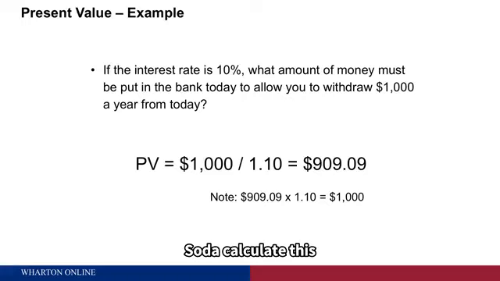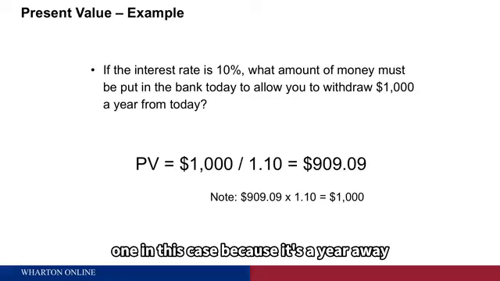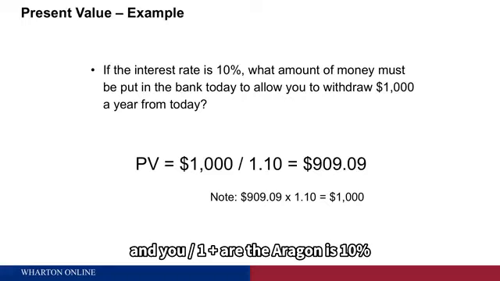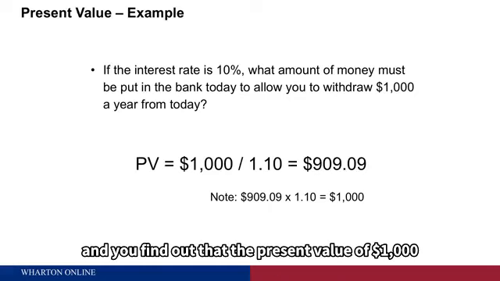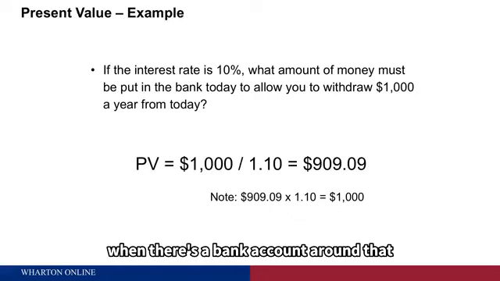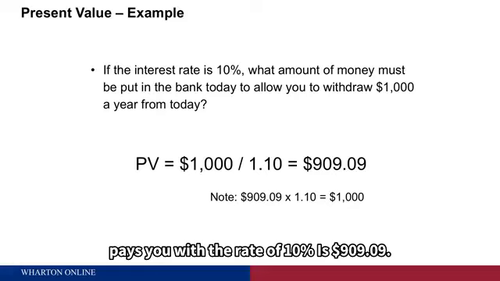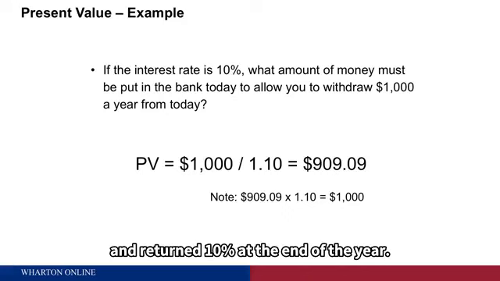So to calculate this, what you do is you take the 1,000, which is F sub 1 in this case, because it's a year away, and you divide by 1 plus r. The r again is 10%, so you divide by 1.1, and you find out that the present value of $1,000 a year from today, when there's a bank account around that pays you at the rate of 10%, is $909.09. And you can see that if I took that $909.09 and left it in the bank and it earned 10%,